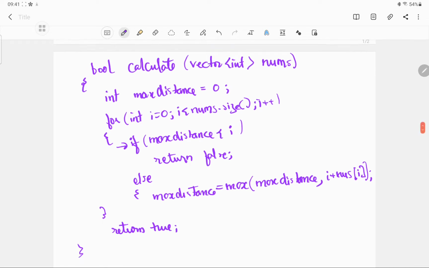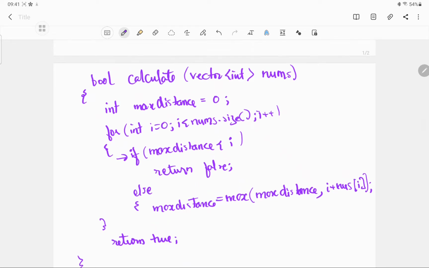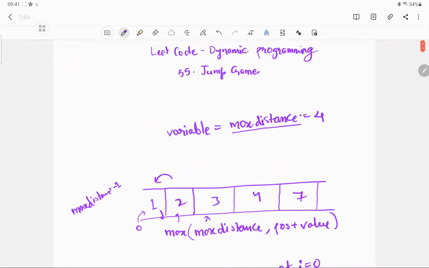So that is the simplest code, one of the easiest questions of dynamic programming. I will also add in the description the link to the GitHub repo in which I have solved this question. If you're not able to do it, you can copy paste it and try to dissect it or debug it or whatever. But yeah, that's the simplest way to solve this question.